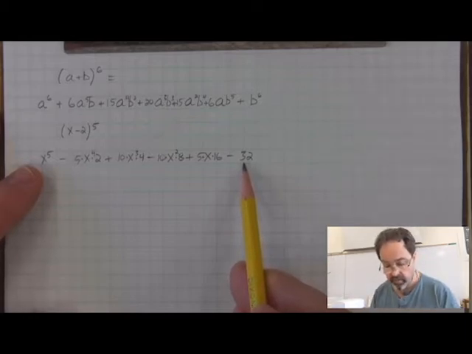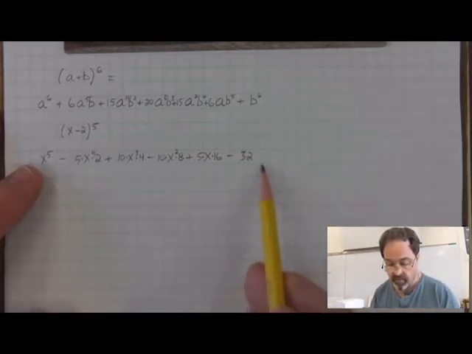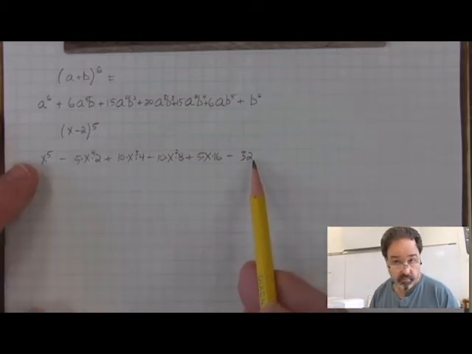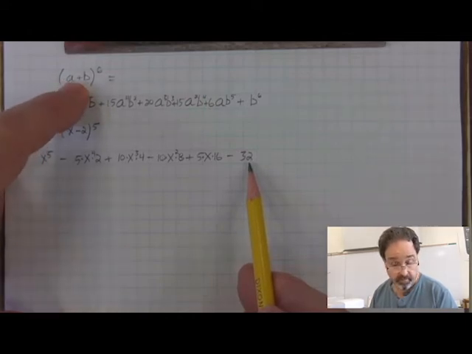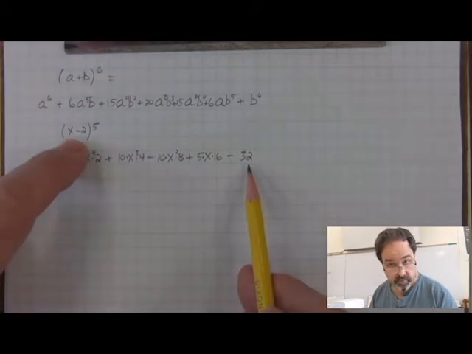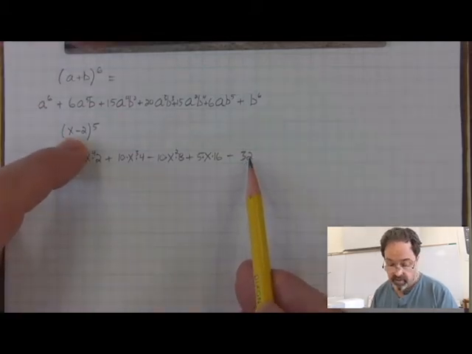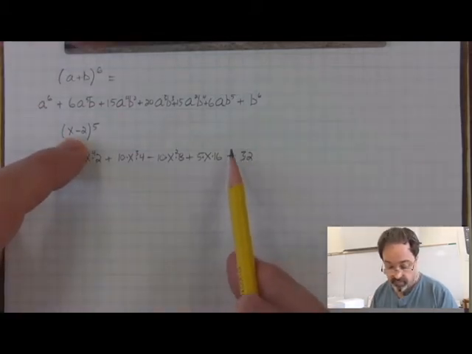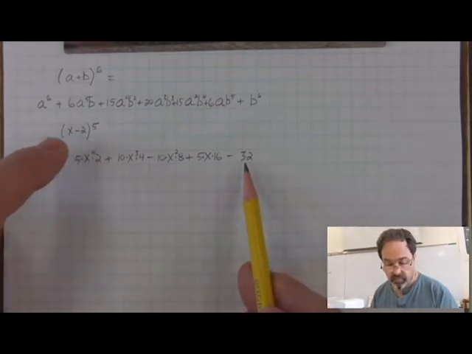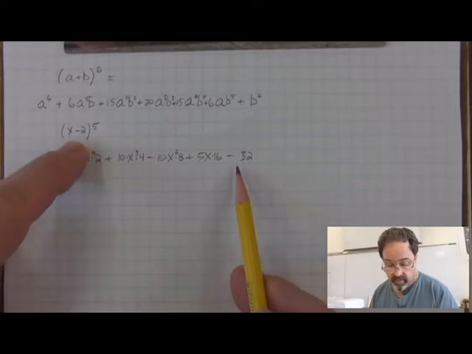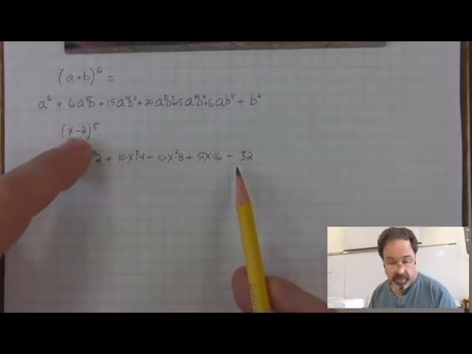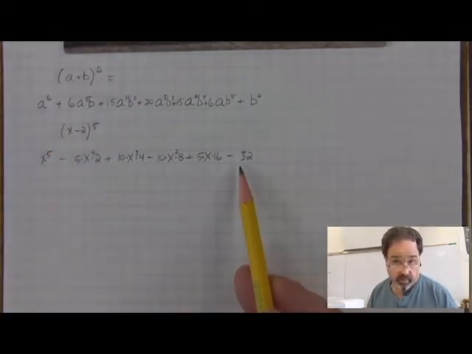The final thing I did was I decided the sign of the term, whether it was positive or negative. The first time it's going to be all positive because this first example was a sum. When you're working with a difference, then the sign of the term is going to be either positive or negative. And the way you decide is it's the negative 2 that gets powered to create either a positive or